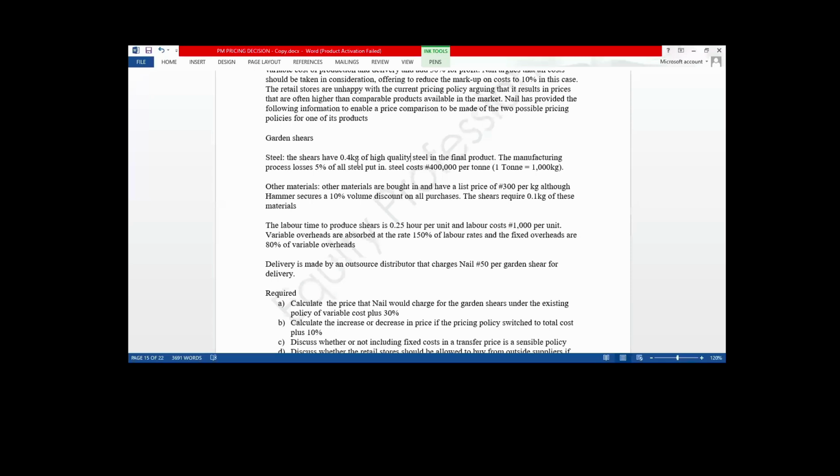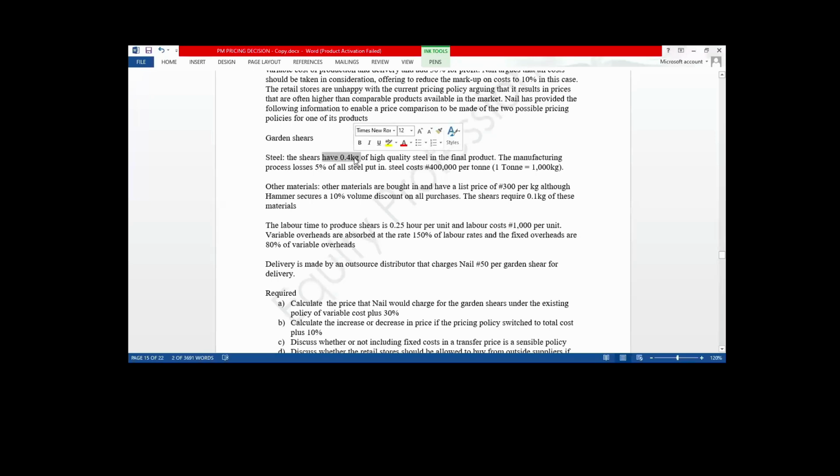It's like saying you want to cook. Let's take a close example. If at any point in time you are cooking food, let's take Gari, for example. In the course of mixing your Gari, some will drop down in the kitchen, probably on the floor or on the table. That is what we call process losses, unavoidable losses. That means if you are going to purchase this raw material, you are going to make provision for the loss. We are going to adjust this. There's going to be an adjustment to this.